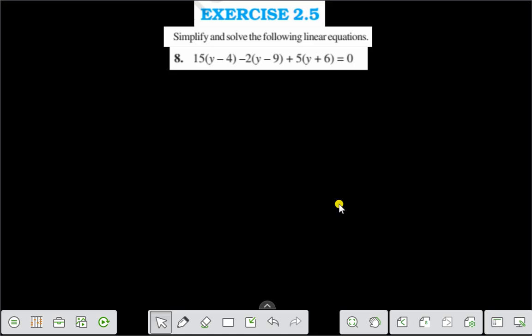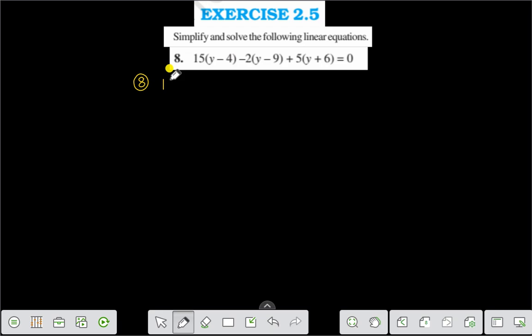Hello everyone. Today we shall discuss exercise 2.5 question number 8. Simplify and solve the following linear equations. Let us solve this one. That question is question number 8. Question number 8 here you see is